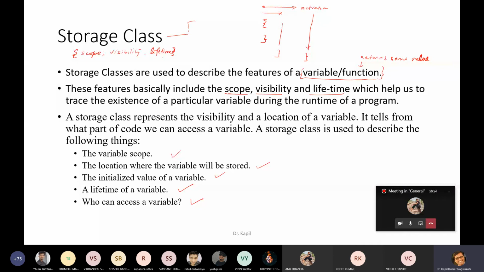There are 4 different storage classes: auto and register, both almost the same, but one uses a CPU register and one uses CPU memory. Then extern, and one more class: static. So let us discuss each one by one.